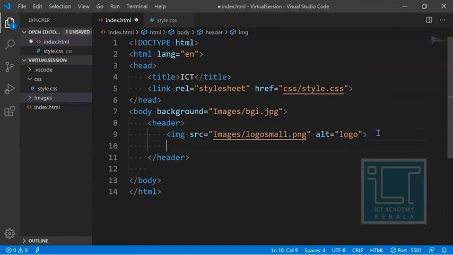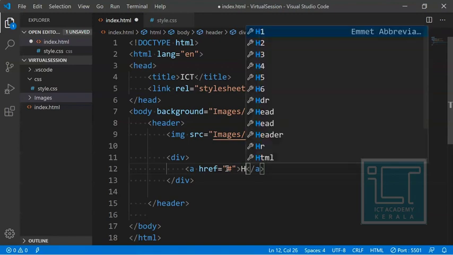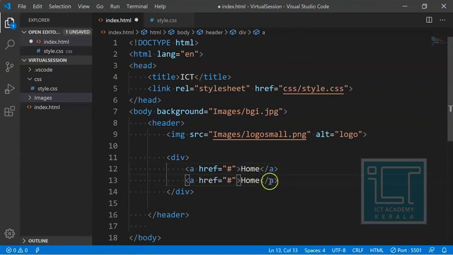In order to provide the anchor tags, I would like to put all those anchor tags inside a div. Inside the div, I'm going to put some anchor tags. For href, while I'm clicking on the anchor tag, I don't want to redirect to any pages, so just a hashtag. The first is a home tag, I hope. Then I would like to copy the same anchor tag because I'm a lazy person.